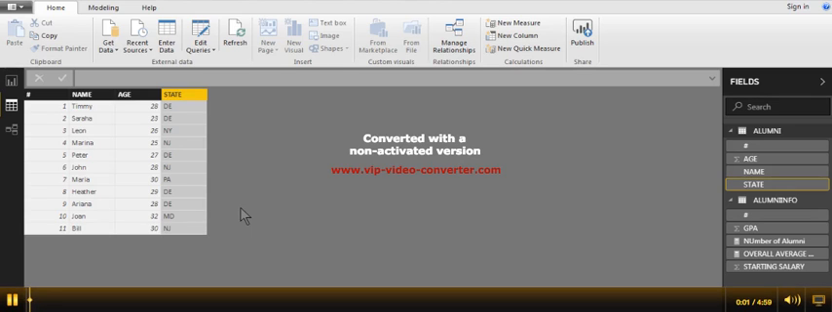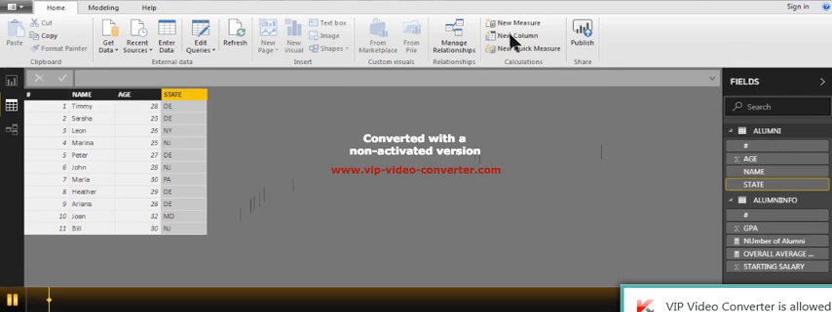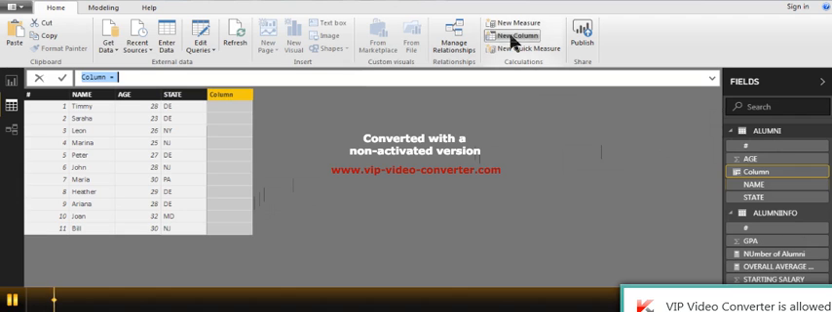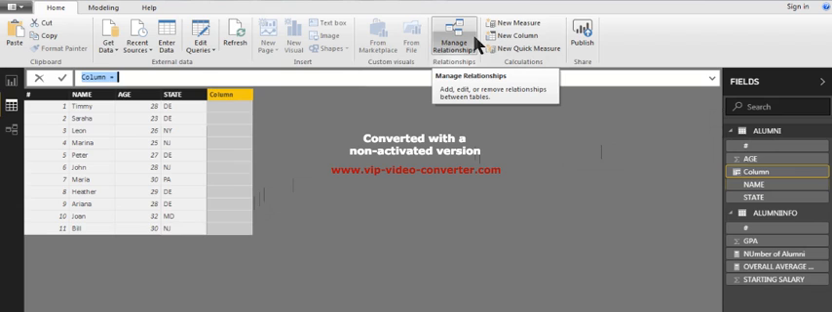We discussed a measure with you. Why don't we create a column right now? I'm going to go to alumni and click right here, new column. And the column was created. So I'm going to look at everybody, and maybe if an alum's age is 23, that's alums, maybe it's not